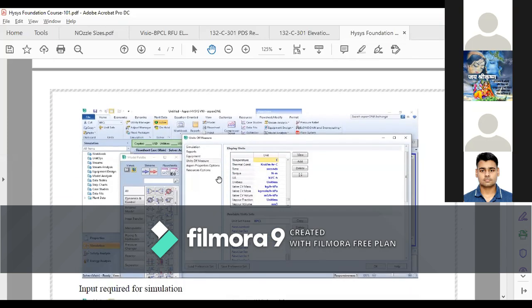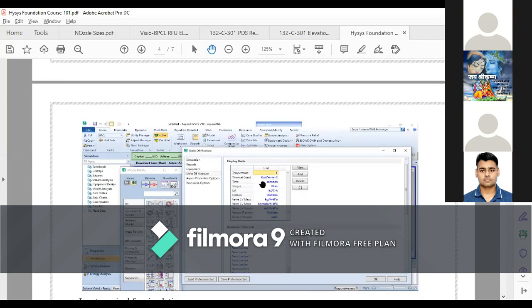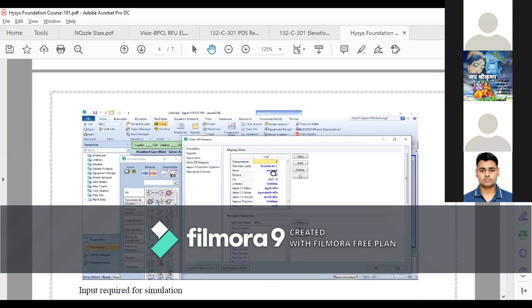Then we were discussing the preference set, and why we go through the preference set and change the unit. Once you open Aspen HYSYS, it will show the default system of units. Maybe your pressure is showing in kilopascal, and you want to use the pressure unit as kg per centimeter square.